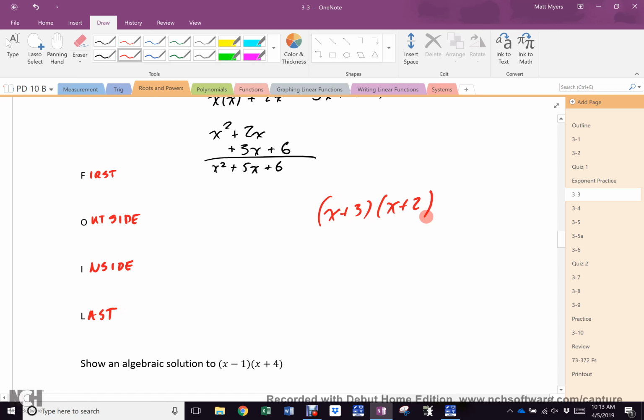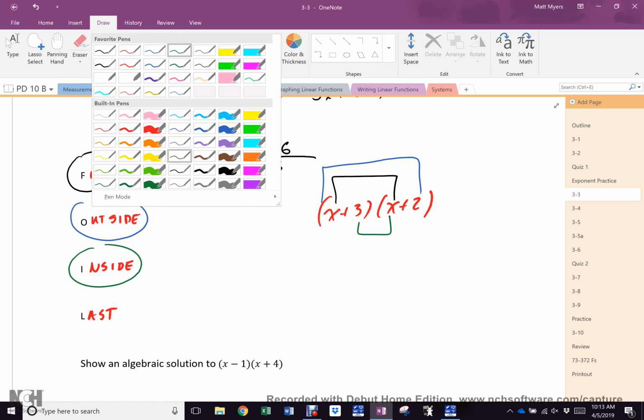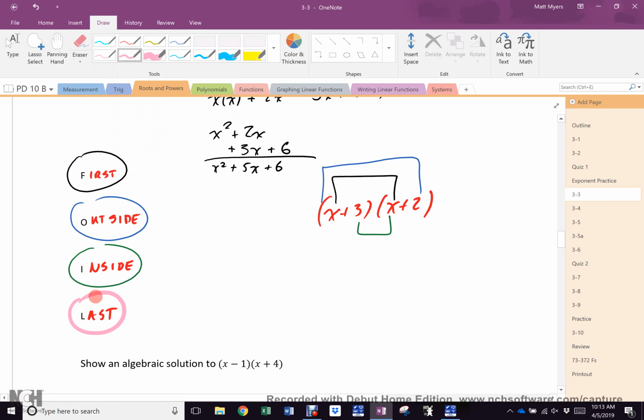If you're doing FOIL, first things you see. Outside, the outside pair. Inside, the inside pair. Last. I don't like it because here's why. What if you're faced